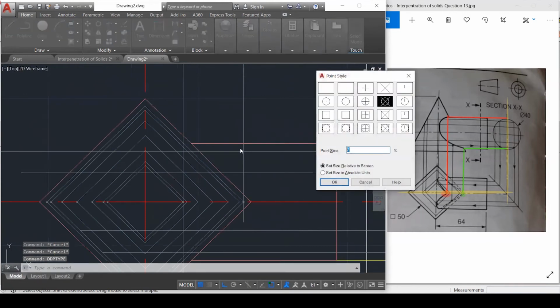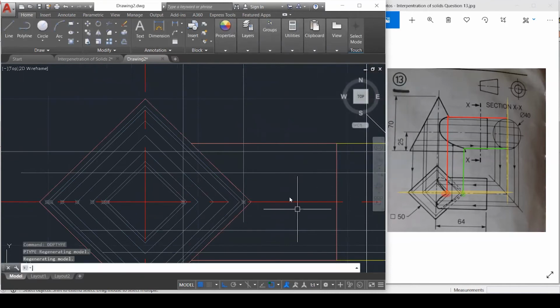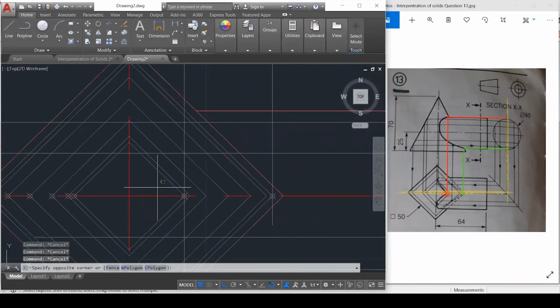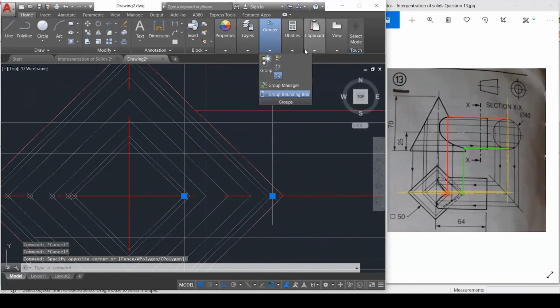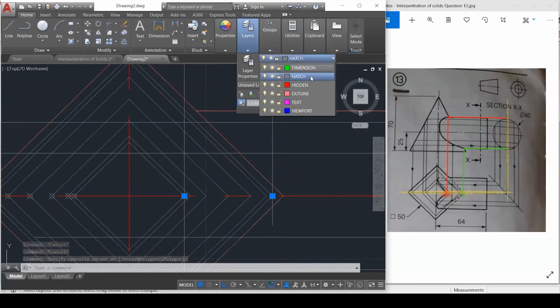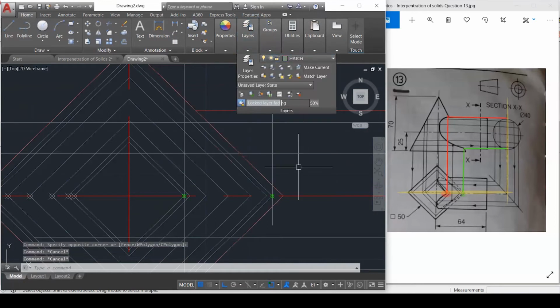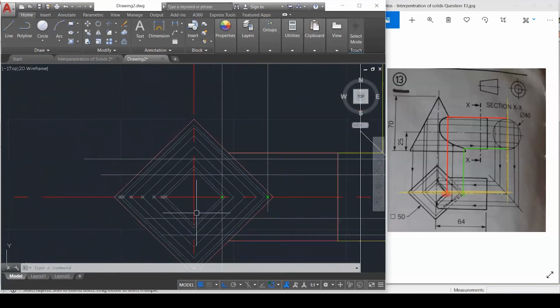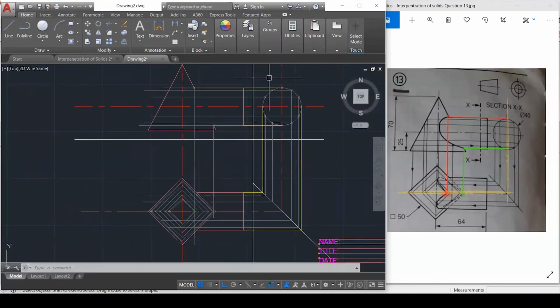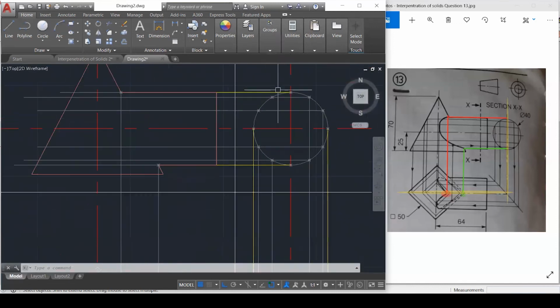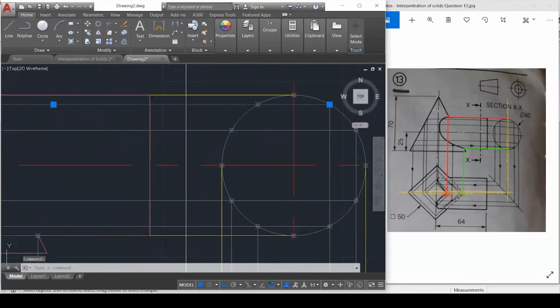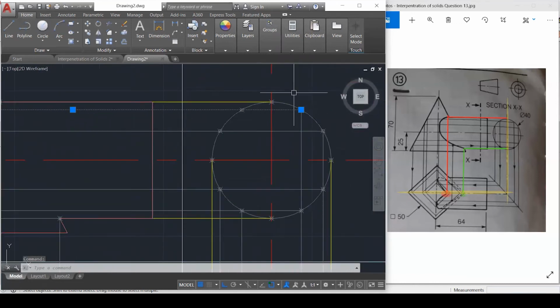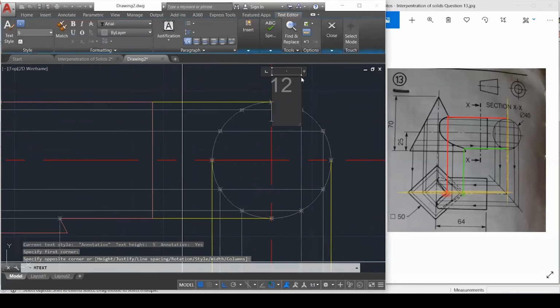Let me increase the size of my point style so that you guys will be able to see. Let me put these ones that I'm going to be working with into a different layer so you guys can see. So I'm going to use a green layer, the dimension layer, just so things stand out. So that's my highest point and my lowest point in. Now let's see if I can find other points on this circle. So let's deal with this point here, which is going to be, you know what, I am going to label my circle like a clock this time. That's 12,